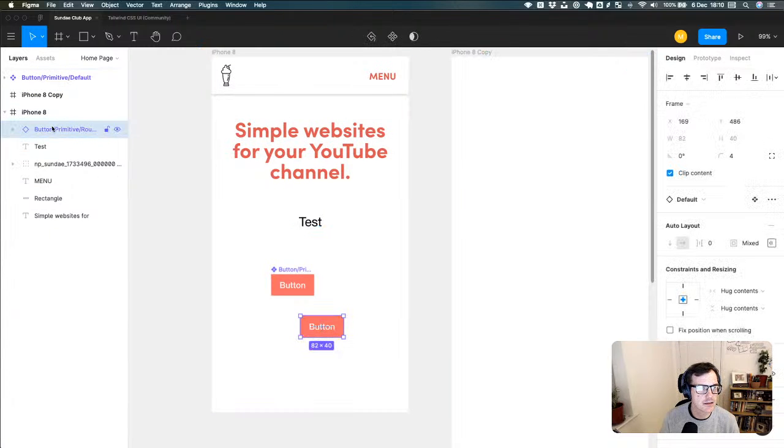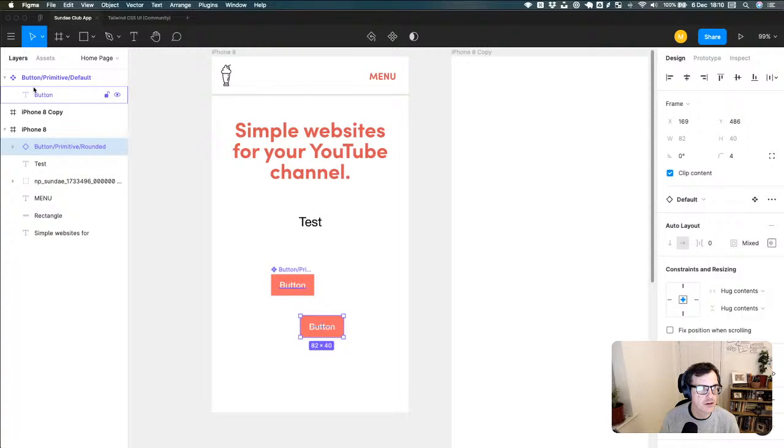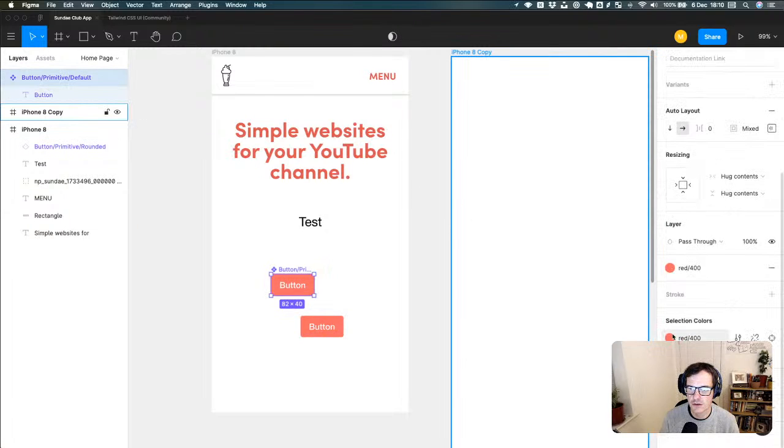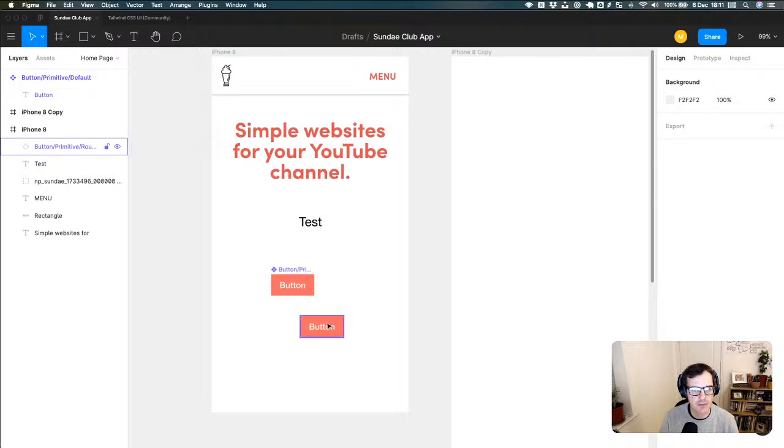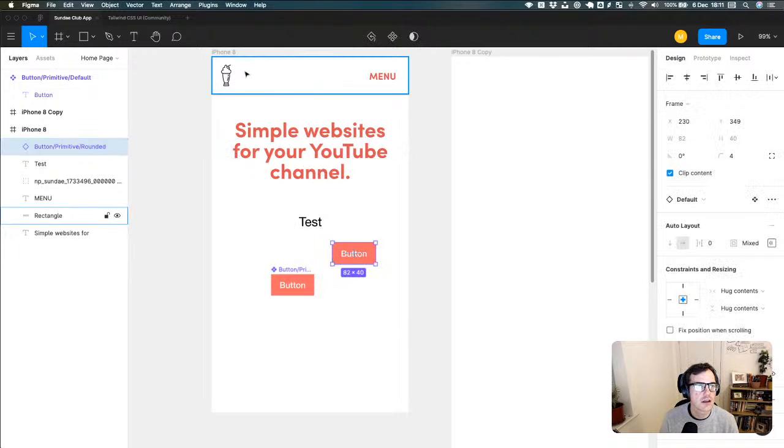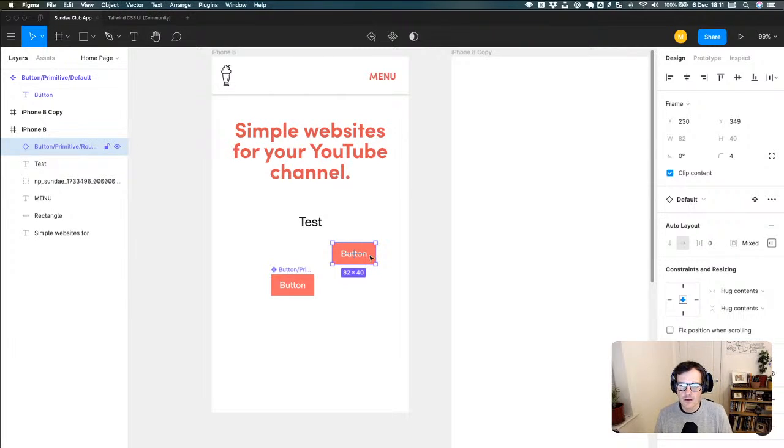Okay, and is that still dependent on this one? So if we change the color of this. Yes, they both change. Okay, excellent. So this one is, and I'm assuming that's because the indication of that is that this one has this symbol, a little 4. I don't know if that's coming through on the stream, but like a little 4-way diamond, and this one just has a little plain diamond. And so we've then changed an attribute there of Figma, and we can change that button. So there we would have button,